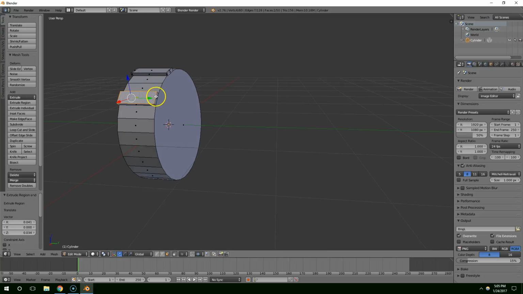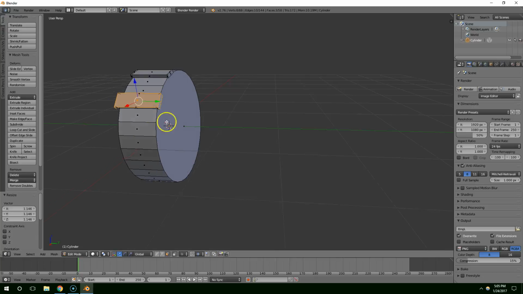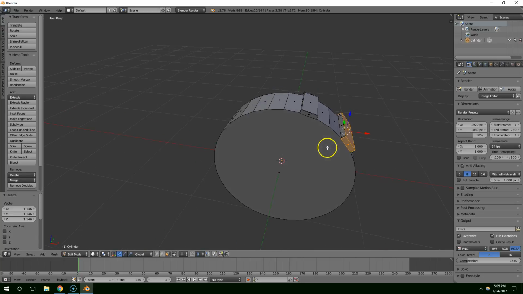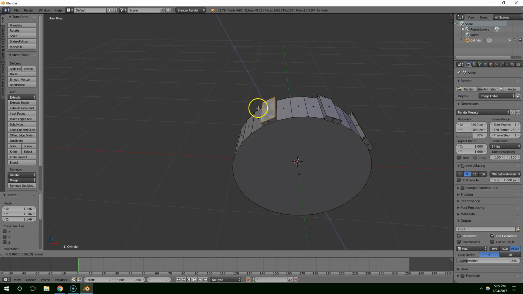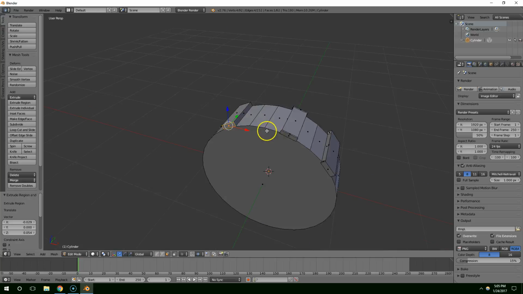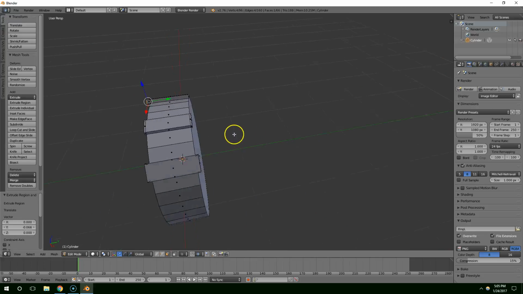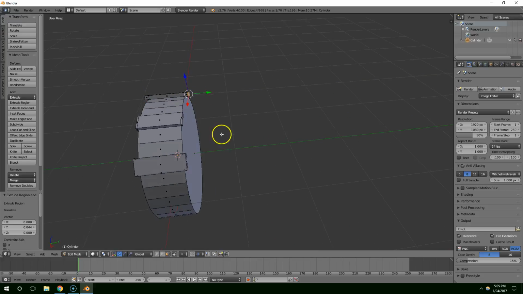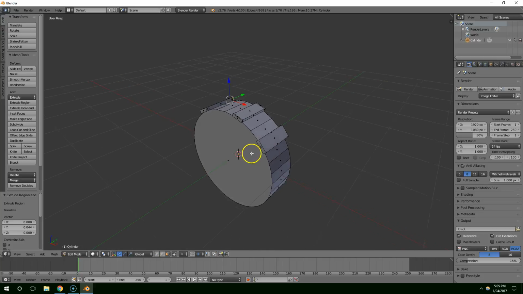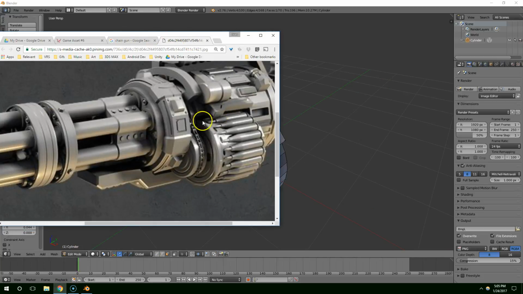E to extrude, and scale, just to get some variety. E to extrude, E to extrude. Doesn't have to be symmetrical. Alright, so